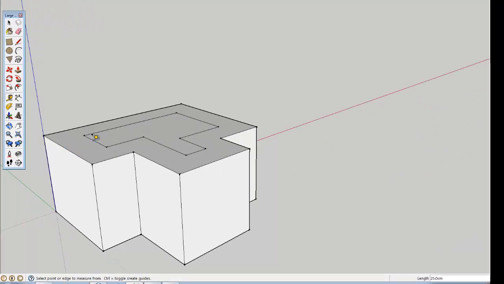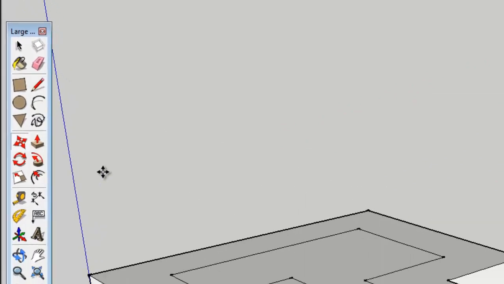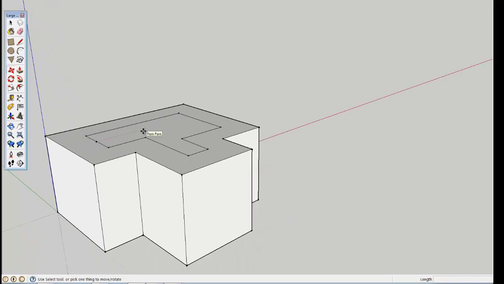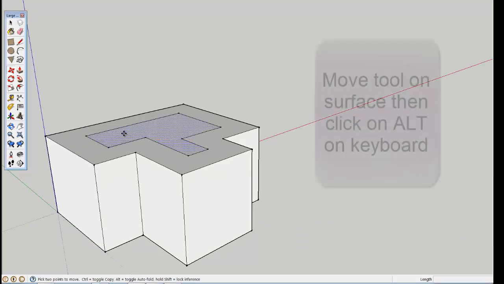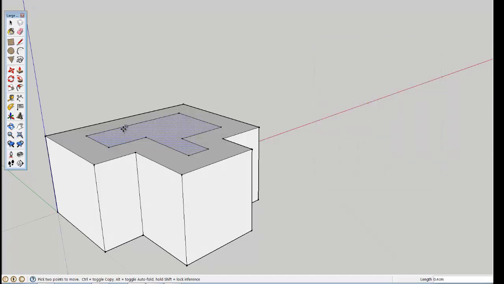Now we're going to use the new tool, and that is called the chamfer tool. Often you want to create an edge on something or other that is not at right angles but is on a slope. And you can easily do that in Sketchup by using the move tool, but with the difference. Click on the surface that you want to move. Then hit Alt on your keyboard, and we want to raise it up along the blue axis, so lift it up